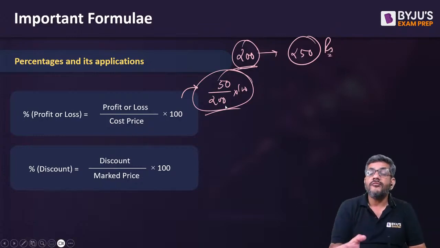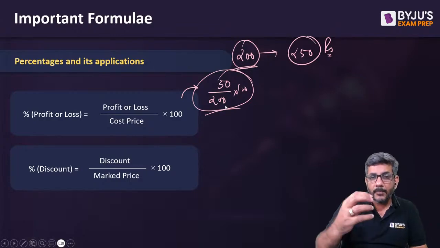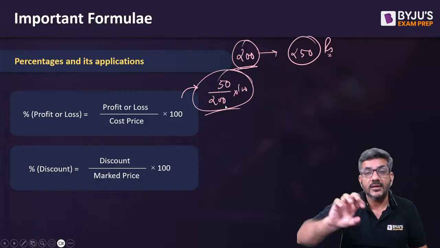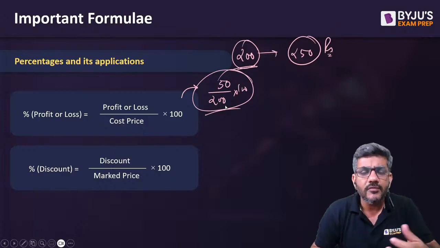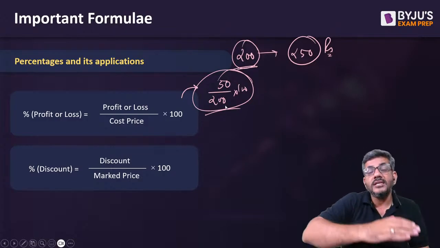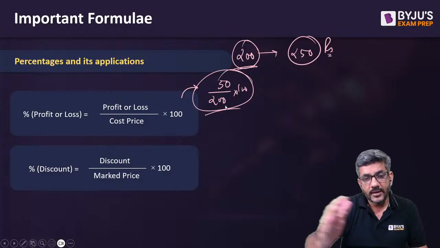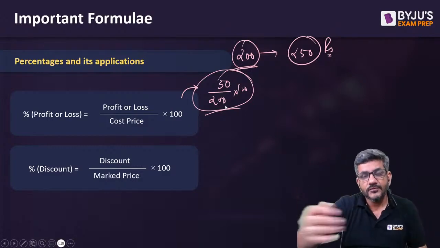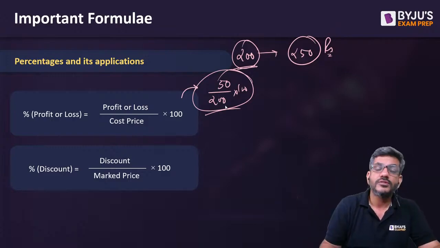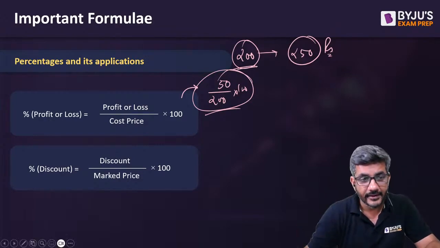And percentage profit or loss you can also call the percentage by which cost price is changed to become the selling price. For example, if I say that profit percentage is 25%, in other words I can say cost price increased by 25% becomes the selling price. So profit percentage of 25% or saying that something is changed by 25%, they are almost the same thing. ये दोनों एक ही बात है, बट ध्यान ये रखेगा बेस इसका कॉस्ट प्राइस रहेगा.